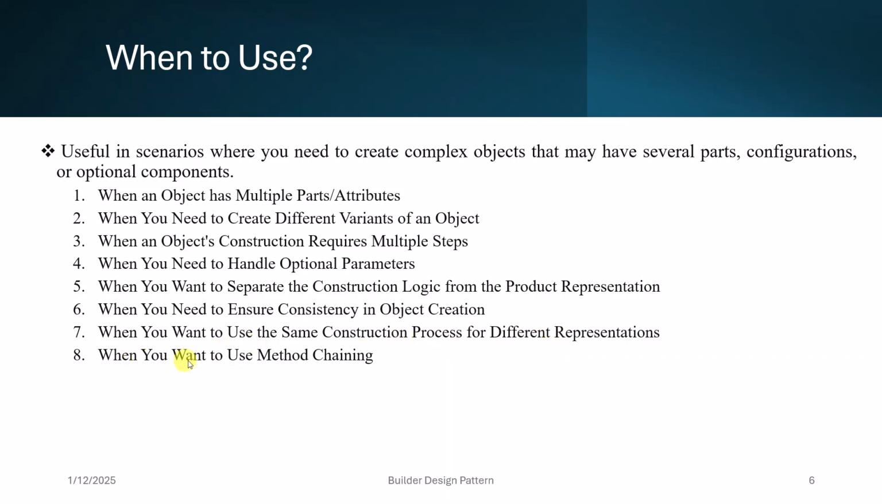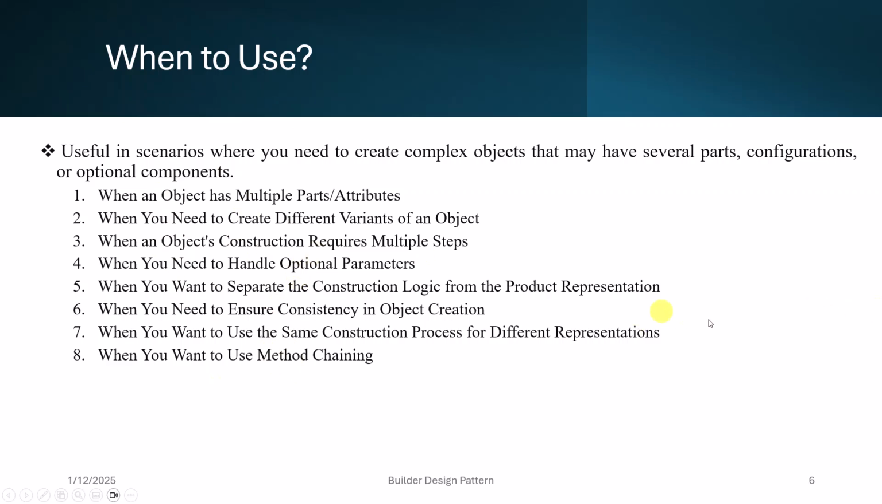So the last one is when you want to use method chaining. The builder pattern often uses method chaining. Here the method returns the builder itself, allowing you to set up various properties in a fluent and readable way. This enhances the usability and clarity of the code. And one of the examples for this is a meal builder, where you can chain methods to set different aspects of the meal. So these are some of the ways, or we can say where we can use the builder